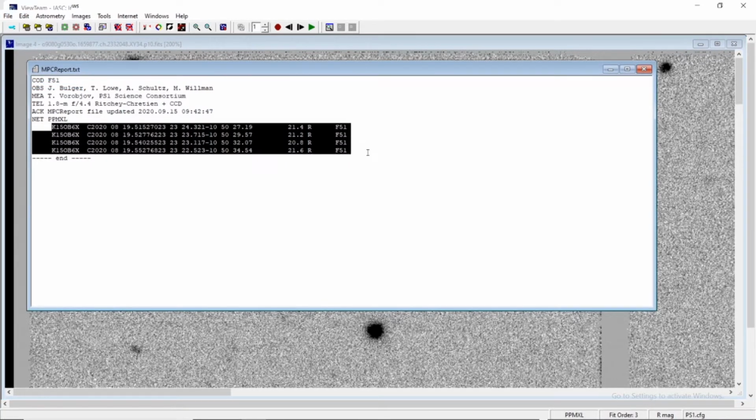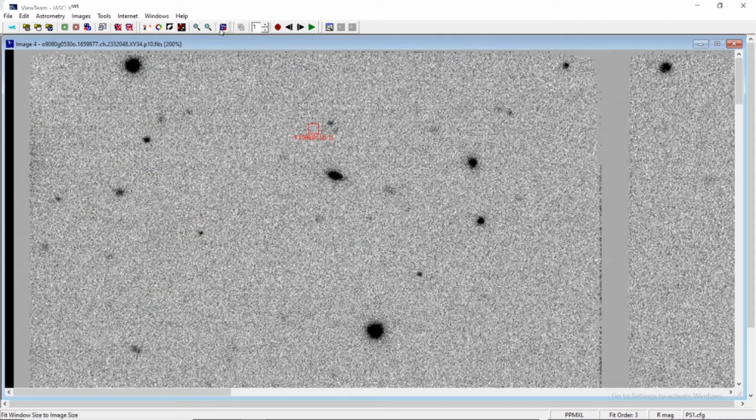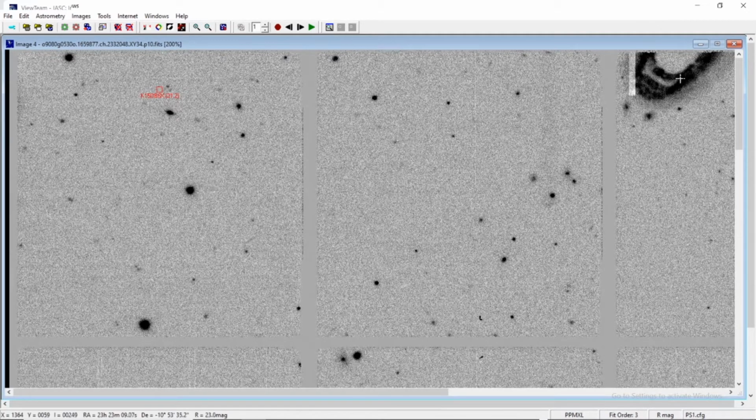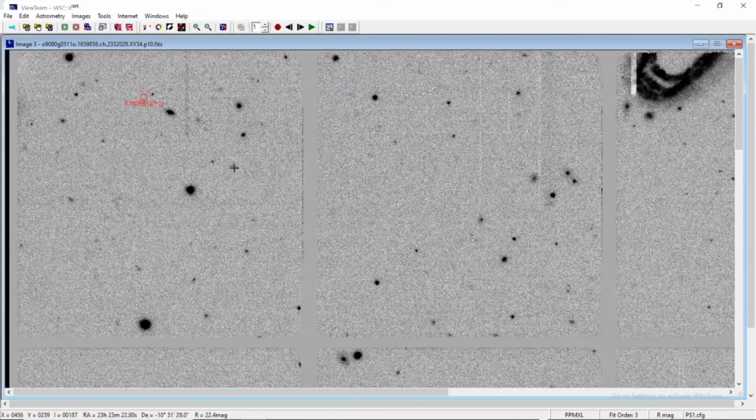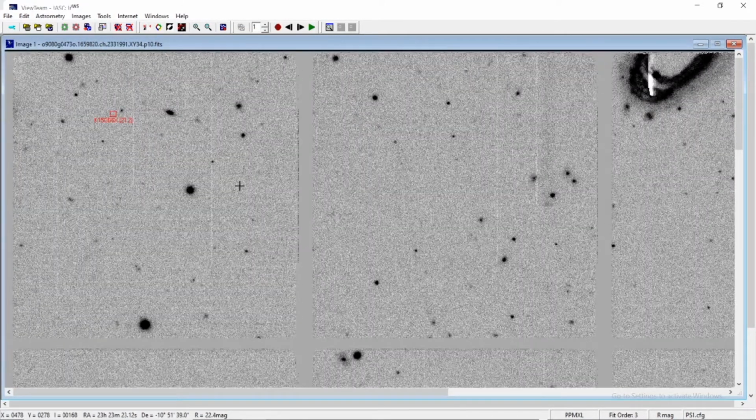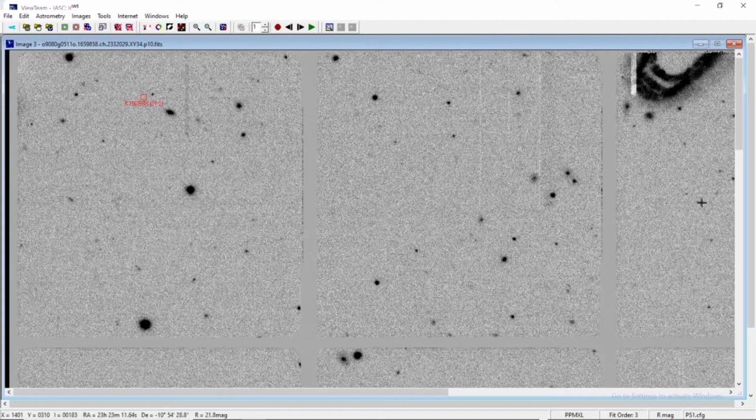Now if you see the MPC report, go to the file, click on MPC report. All the 4 lines, as we have seen, are being included into this MPC report.txt. Now I will zoom out a bit and let me see if there is any moving object by using the blink facility in this particular image square. No, there isn't. There is not any object at all.